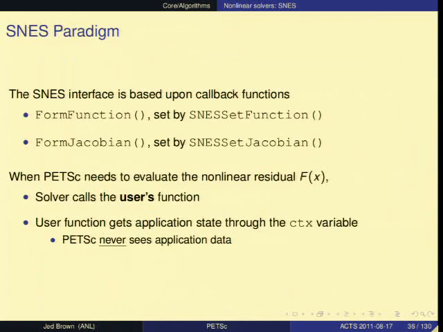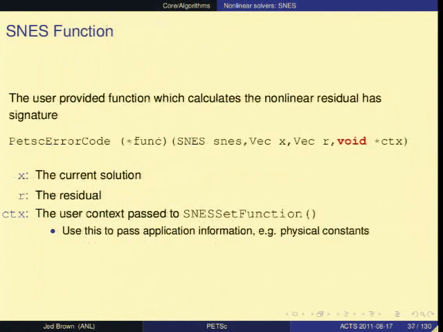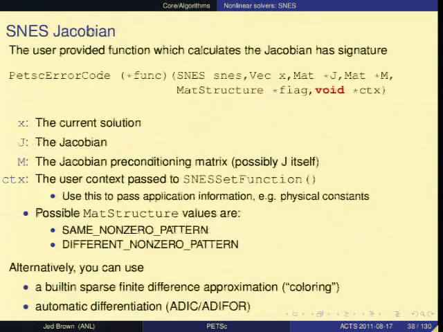So we want to put that somewhere so we're not, say, depending on a global variable. So this function we're getting as a callback, it takes the nonlinear solver context, the state vector, the residual, and then our context. And what we're going to do is evaluate some residual based on the state x, and we put it into that vector.